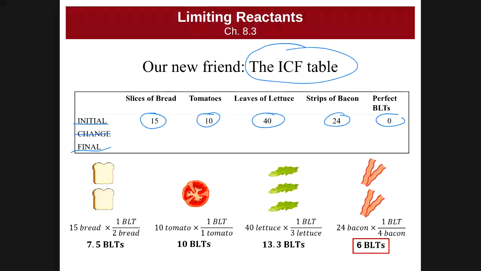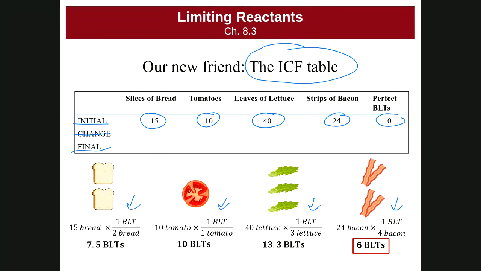So we want to write our ingredient ratios. We got these from the last video, so I'm just going to copy them over here. So our recipe tells us that we need 2 pieces of bread for 1 BLT. So that's our ingredient ratio for bread. We needed 1 tomato for 1 BLT. That's our ingredient ratio for tomatoes. We needed 3 leaves of lettuce for 1 BLT. That's our ingredient ratio for lettuce. And we need 4 bacon strips for 1 BLT. And that's our bacon